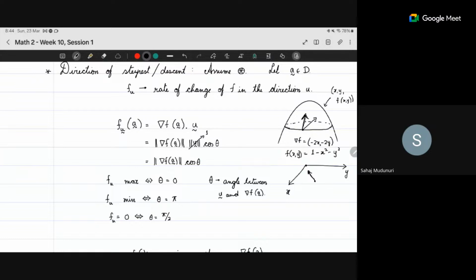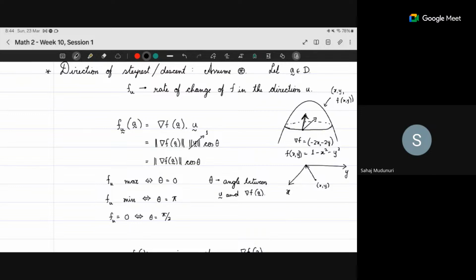Nabla f at a point (x, y) is minus 2x minus 2y. So if I'm at a point x comma y, this is the vector (x, y). So minus (x, y) will be in this direction. Well, I can reshift it to make it start at the origin, but I'm just